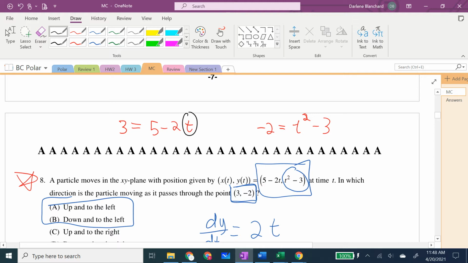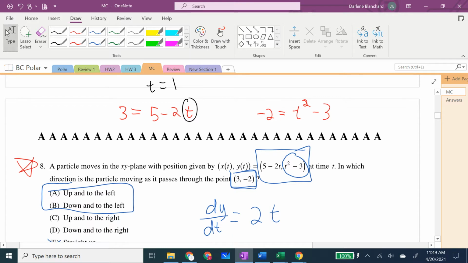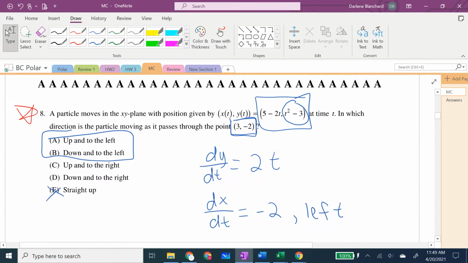Solving for t, that's going to be 3 minus 5 is -2, divided by -2 is +1. So I'm getting t equals 1. And you can double check in the other, but I'm just going to keep moving. When time is 1, dy/dt is positive, up. That is letter A. I need to double check